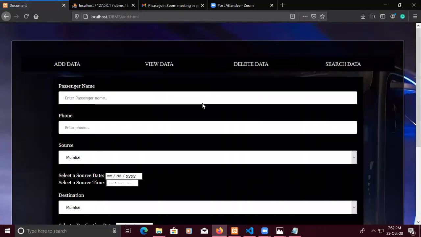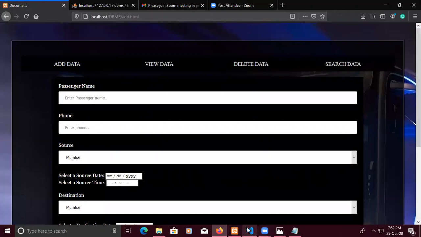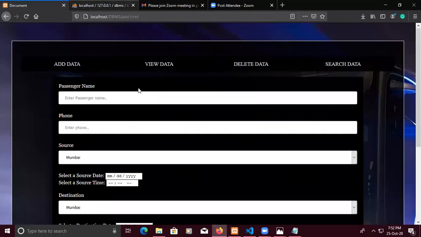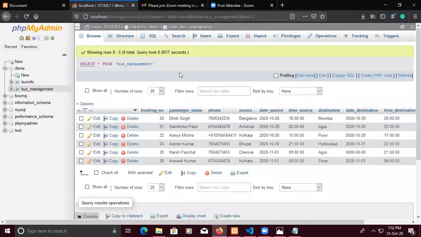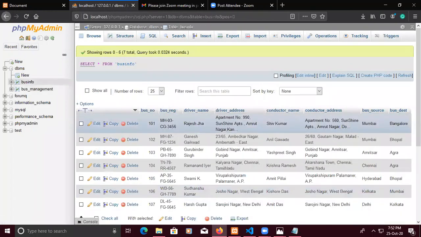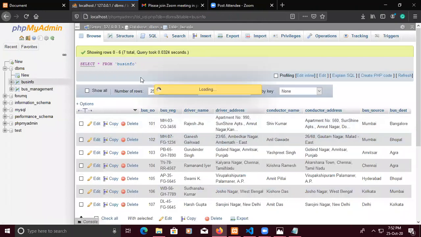So after doing all this, we created all those things. So many SQL queries can be written inside here.